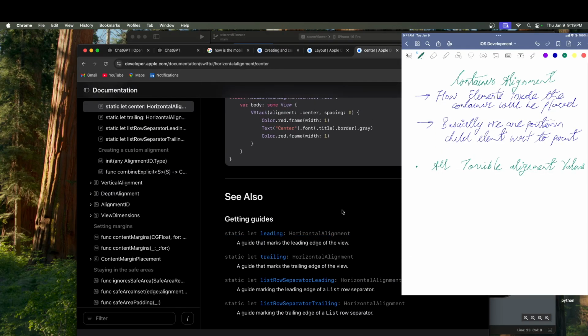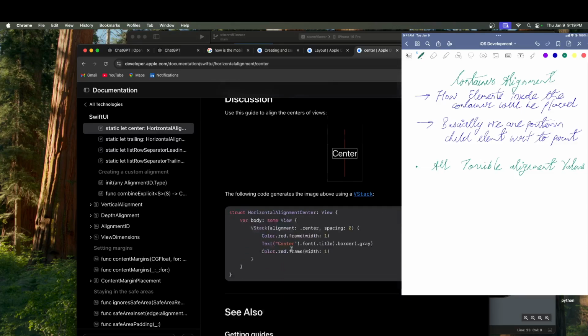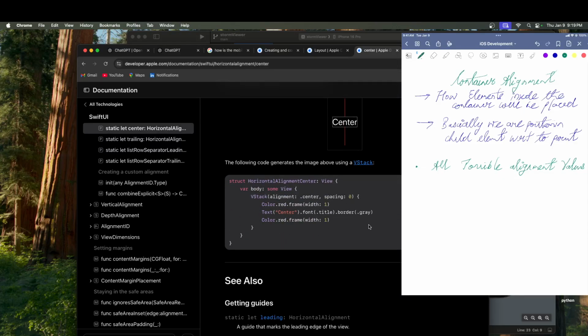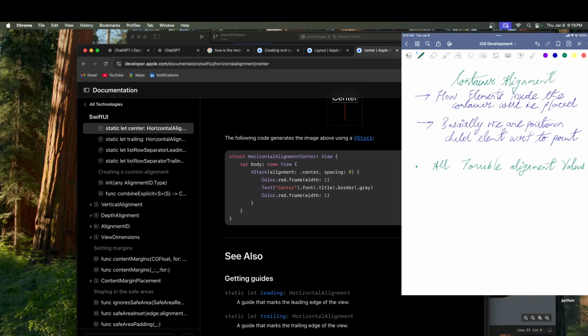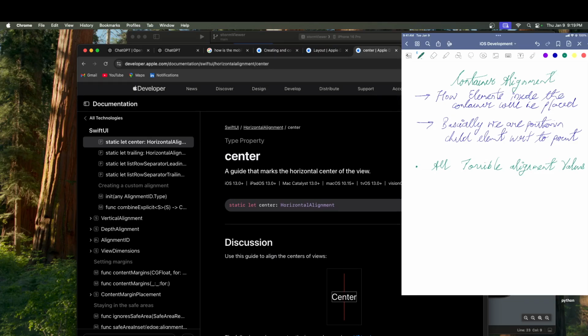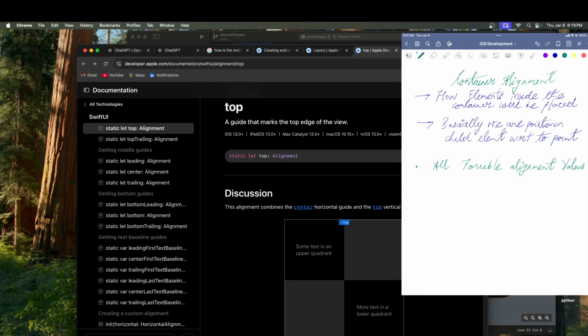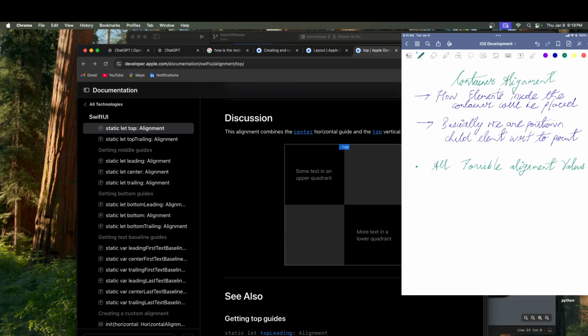A guide is that marks the leading edge of trailing. Okay, what is it is, I don't want center, I want top. Combines